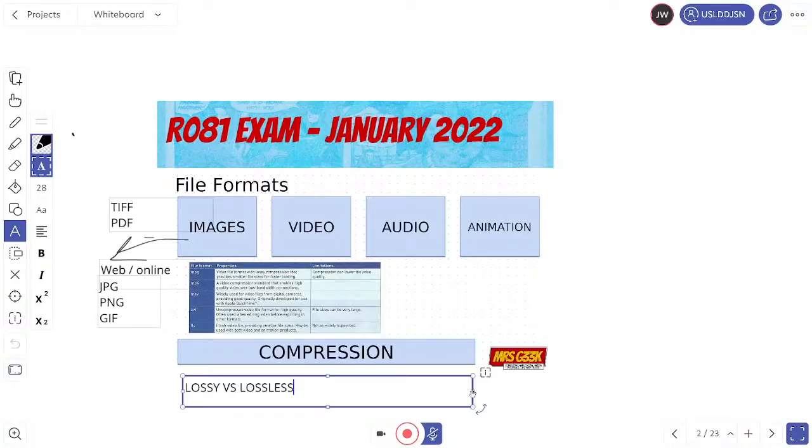Lossless, on the other hand, sort of shrinks it down. You can almost think of it like the Pym particles in Ant-Man, but it allows you to restore it back to its original size, and that's why it's called lossless. So you get it back again afterwards. I know it's quite difficult to remember the two. There is a chance you'll get asked a question on this in the exam, so it is important to know about the difference between the two.